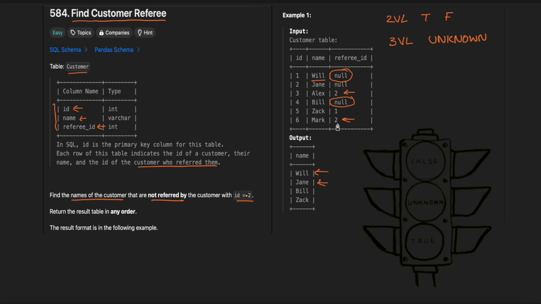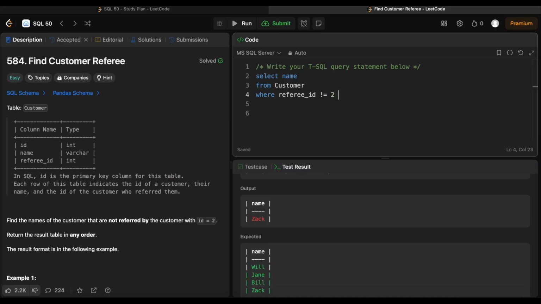Think of it like a traffic system. It only passes those rows that evaluate to true, like a green traffic signal. So in this example, this row is passed through, while these rows get a red signal, while the null rows are evaluated to unknown. So the comparisons involving null return unknown rather than a true or a false, like a yellow traffic signal. So to retrieve those null rows, we need to use a special syntax, like an isNull operator,